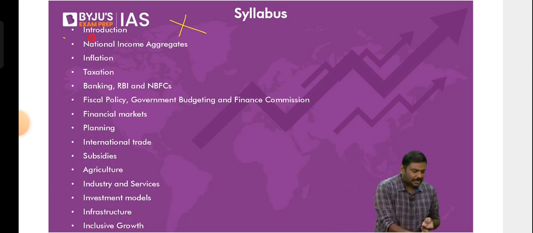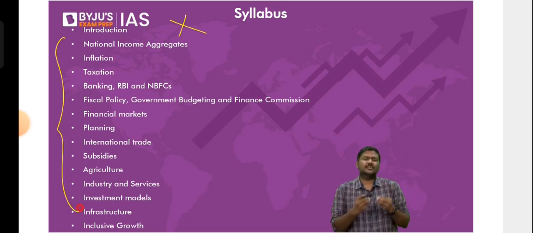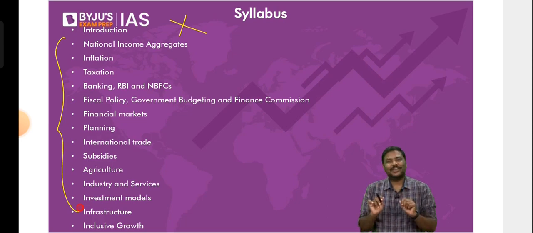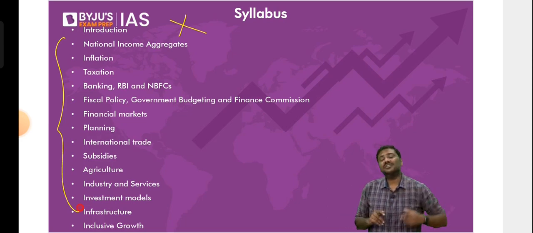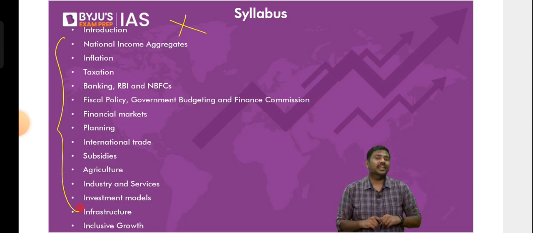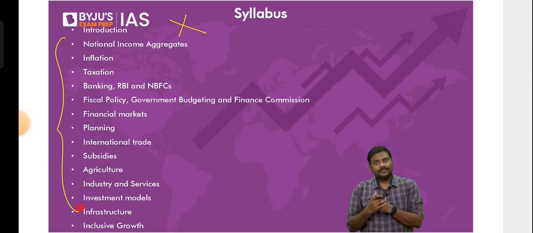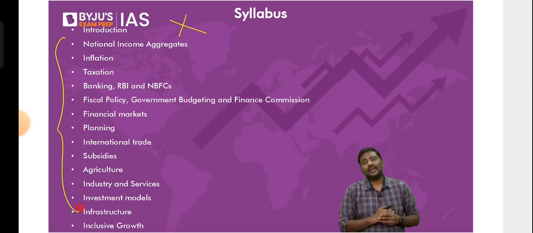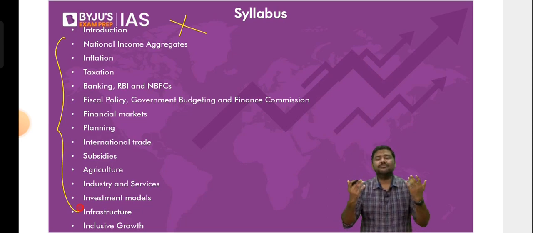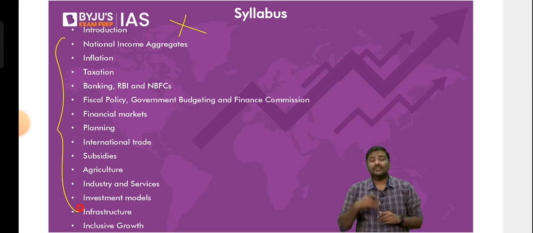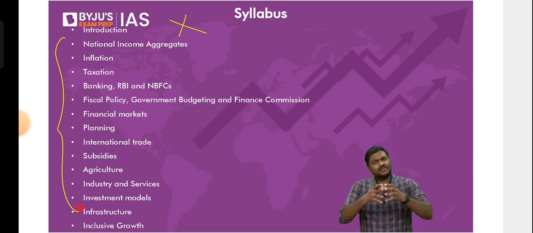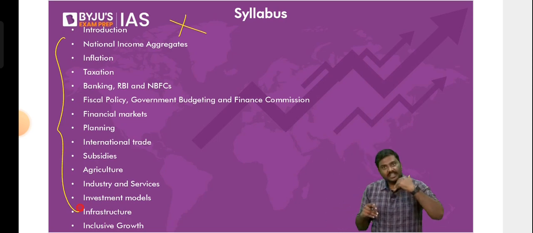So this is the list of the topics. We'll be covering the introduction, that is starting with, let's say, some of the concepts in microeconomics. Don't worry about the definition of microeconomics. We'll cover it later. We'll discuss fiscal policy of the government. We'll discuss monetary policy of Reserve Bank of India. We'll discuss infrastructure such as roads, railways, airports, waterways, etc. We'll discuss GDP, gross domestic product, inflation, NBFCs, taxation policy of the government. We'll discuss the agriculture sector, food processing. We'll discuss inclusive growth, different types of investments that take place in the economy such as FDI, FPI, etc.